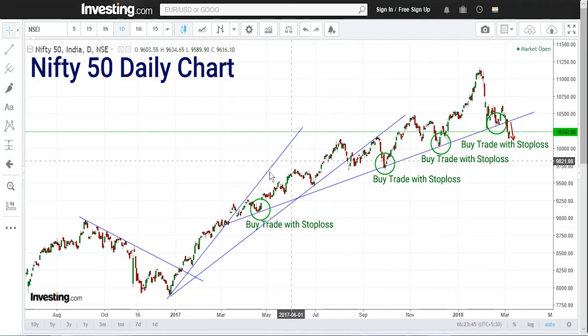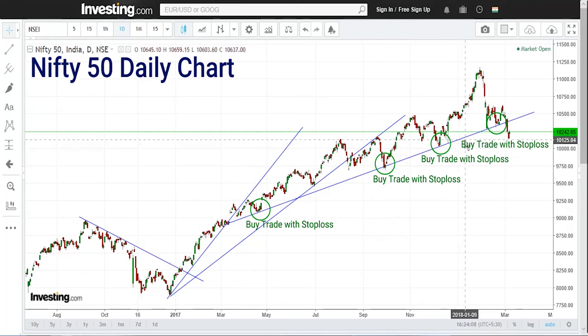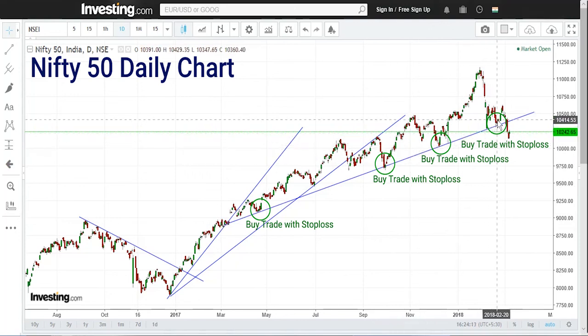So when you are looking at a shorter term chart, like a weekly chart or a daily chart or even an hourly chart, you have to draw the possibilities of multiple trend lines, and not always the first trend line is important. A trend line that is joining multiple lows which are formed later, like this one, can also be important in trading. So as long as the trend line is validated, you can take a buying position around the trend line with the support, and once it is broken, someone can take a short position.